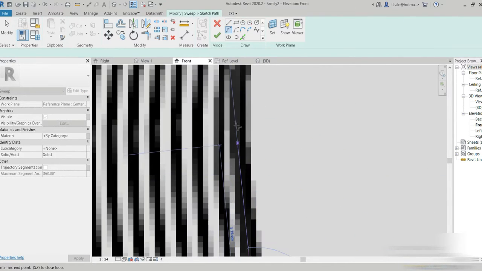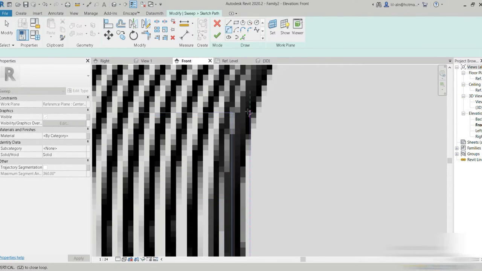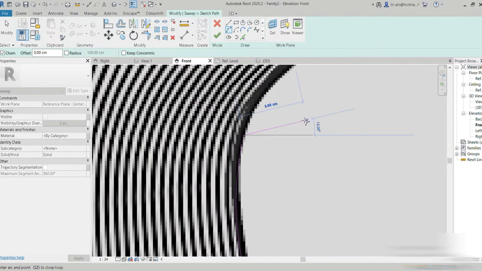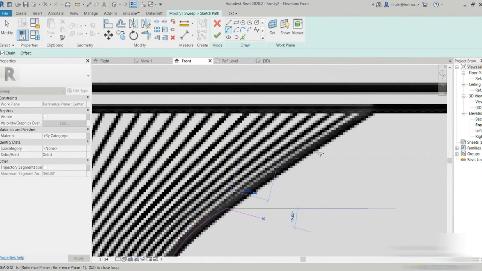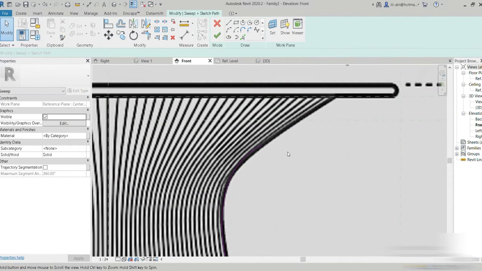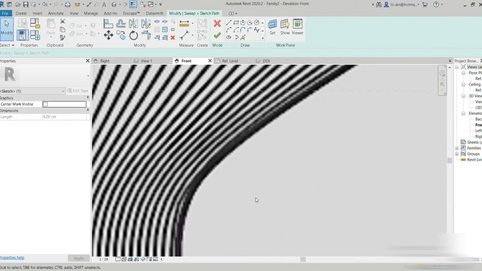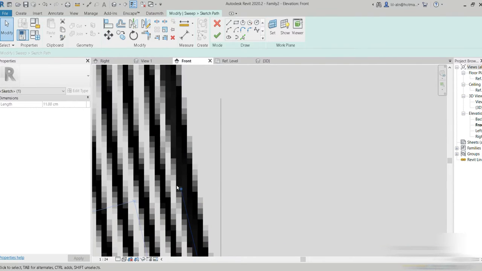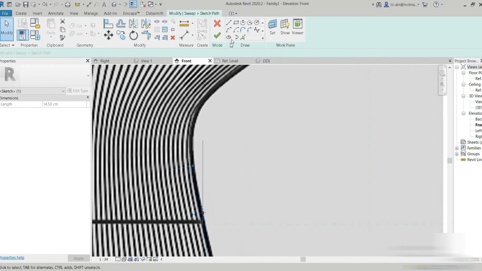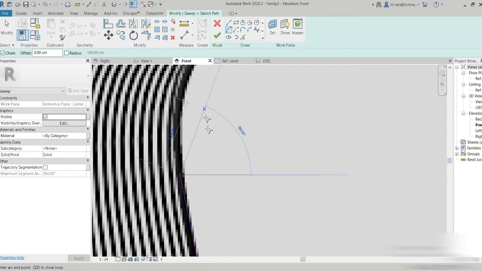So for the profile, of course, we can spend a little bit of time on it because we want it to be perfect. This is not right. Alright, now it's better. Now let's go to our start end radius, and